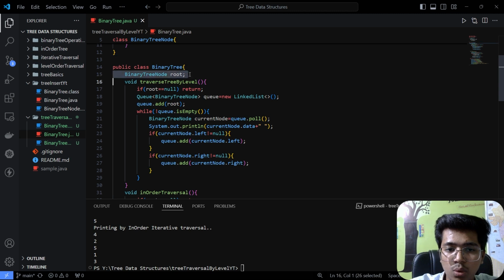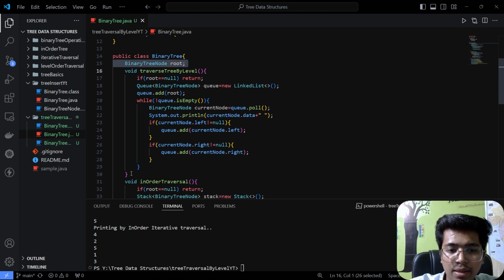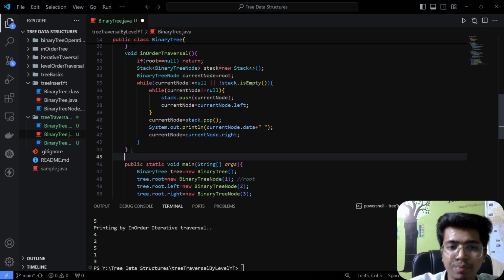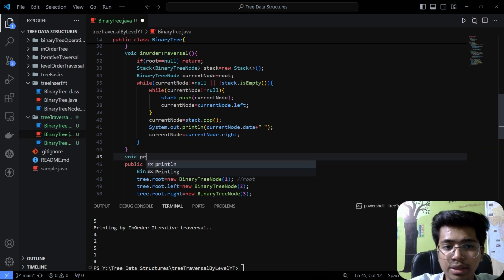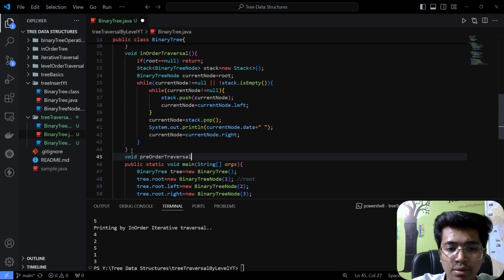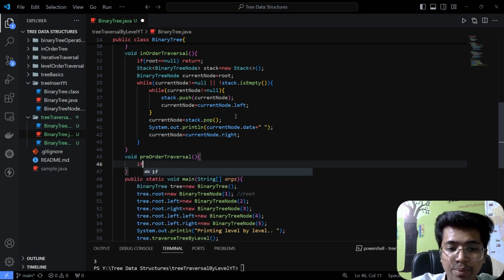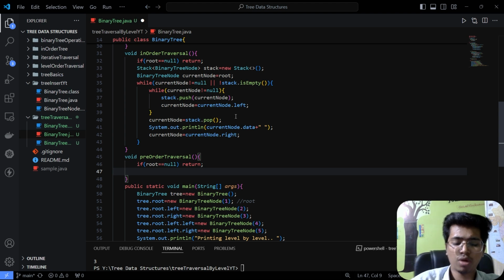First we created this root, then this is the level order traversal, and now we'll be implementing the pre-order traversal. So void pre-order traversal. This is the main function where we have created the tree. Now we'll be checking the base condition: if root equals null, we will simply return. Once we have checked this condition,